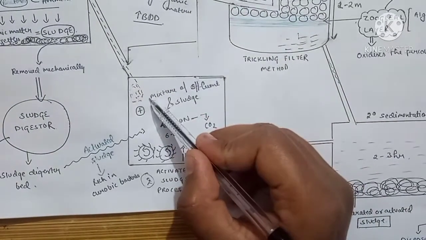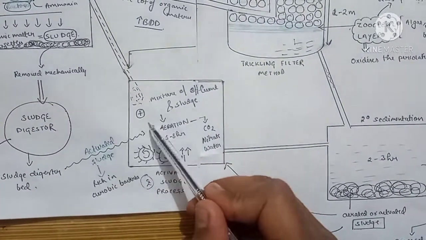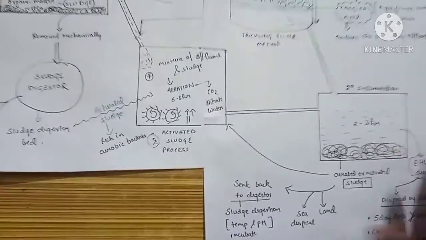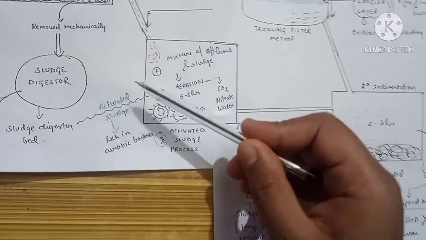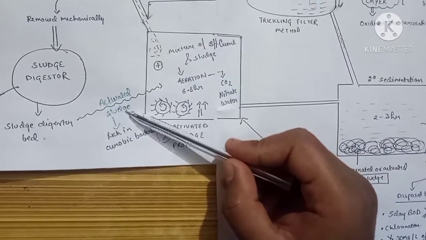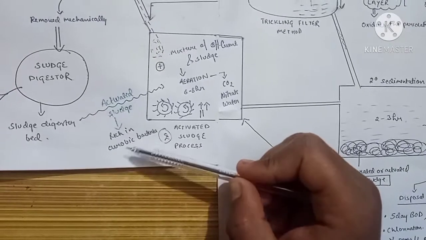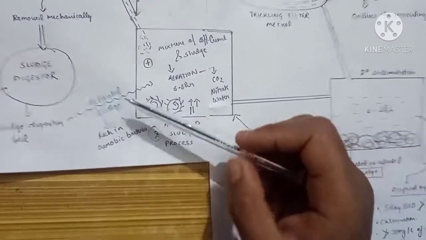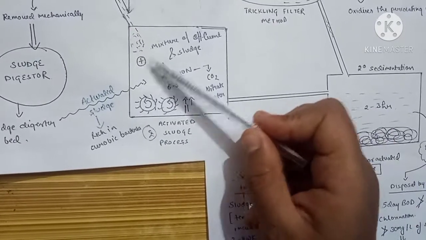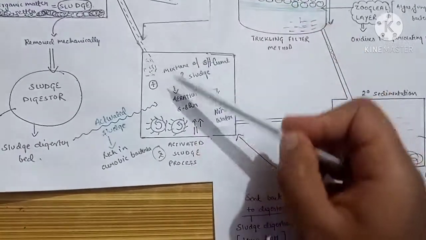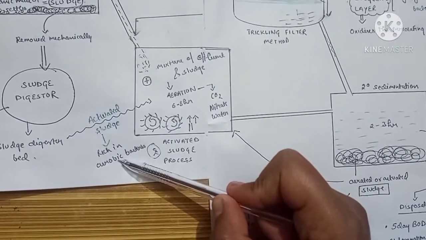So as the effluent enters here, we also add activated sludge to the effluent. We will understand what activated sludge actually is in the secondary sedimentation tank. So here we need to know that activated sludge is the one that is going to have a lot of aerobic bacteria that are going to be useful to us. So in the activated sludge process, we mix the effluent that is coming from the primary sedimentation tank with activated sludge that is rich in aerobic bacteria.